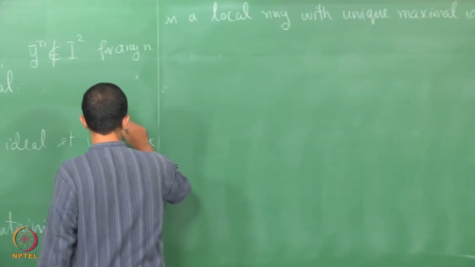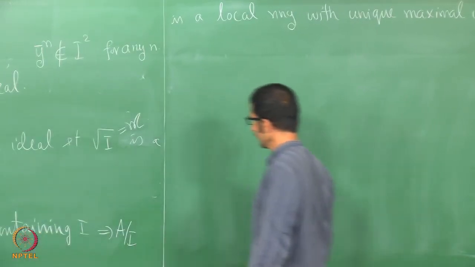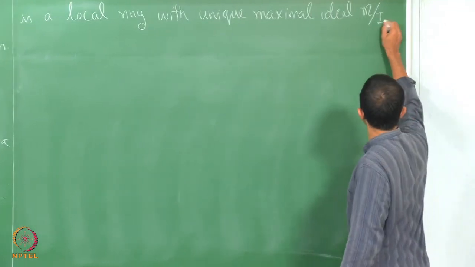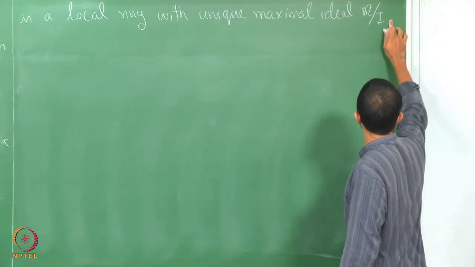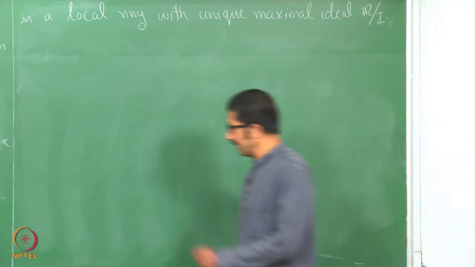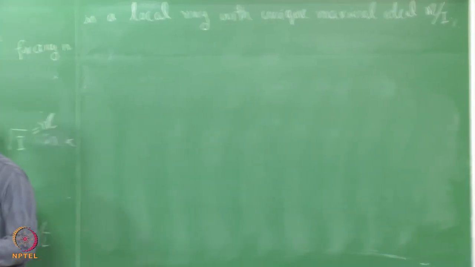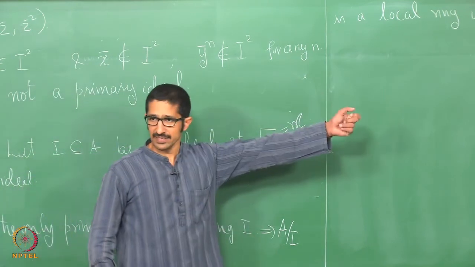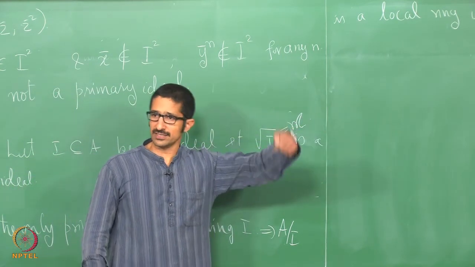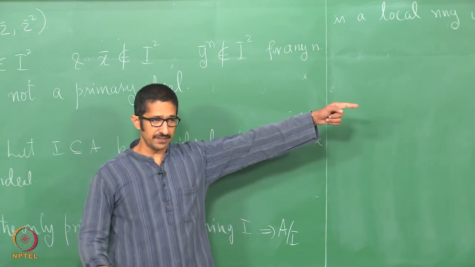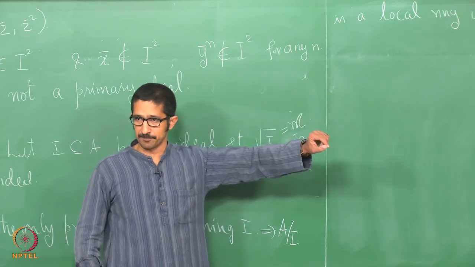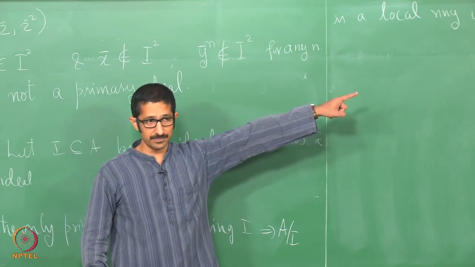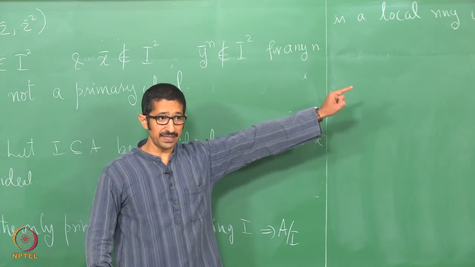I will call this M. So, elements of A mod I, either they are in M mod I or in the complement of M mod I. If it is not in M mod I, it is a unit. If it is in M mod I, it means that